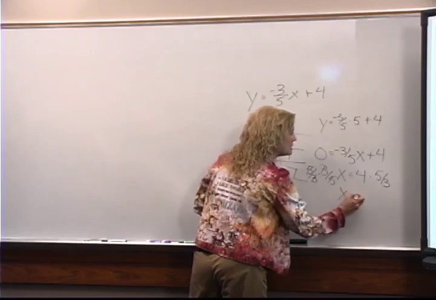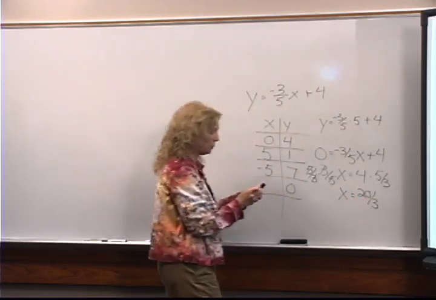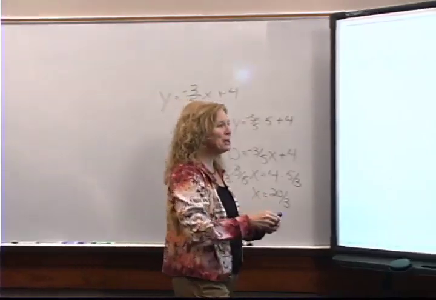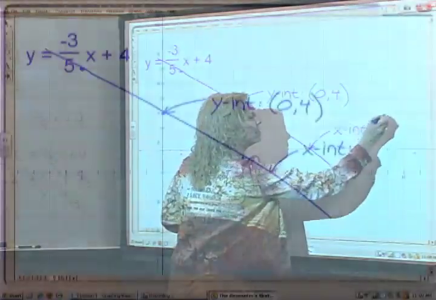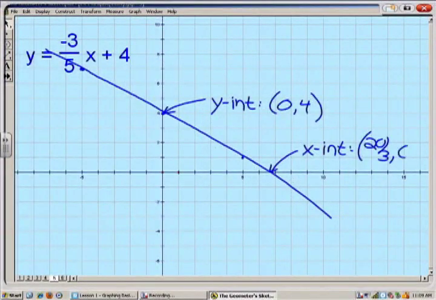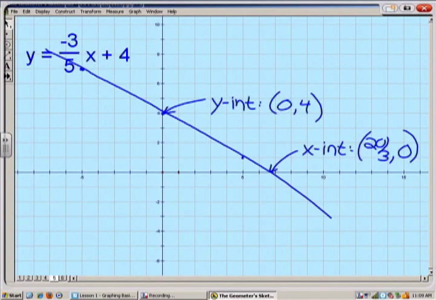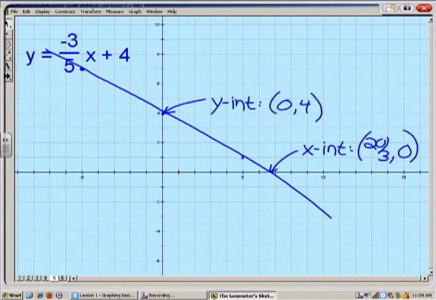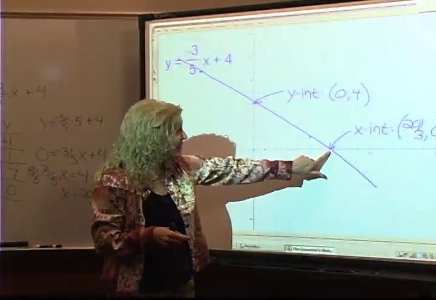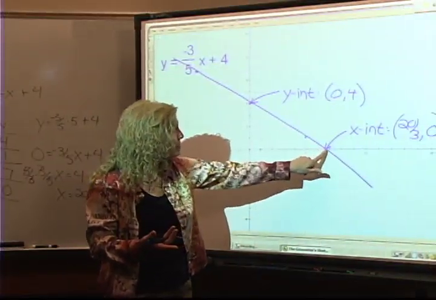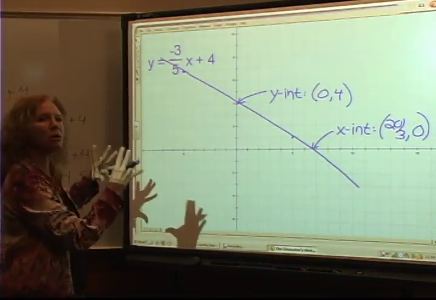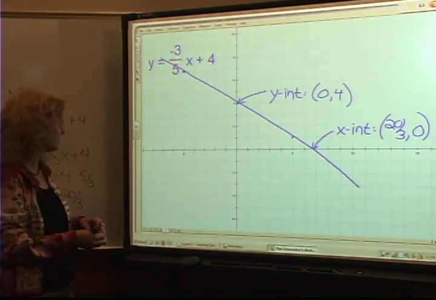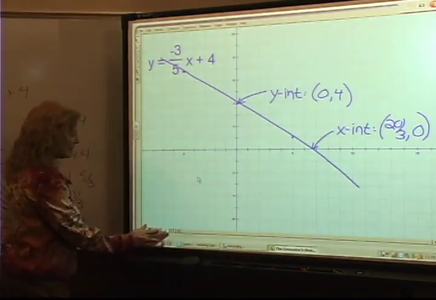And I get x is equal to 20 over 3. What? So apparently my x-intercept is 20 over 3 comma 0. Now that's one way to write it. You might also say, well, that's 6 2/3. Right, the mixed number. And in this case, the mixed number is kind of nice. I actually hit that reasonably well, that I'm at about 6 2/3. And I love how the picture should all come together to make sense for us. Okay? Now this last guy